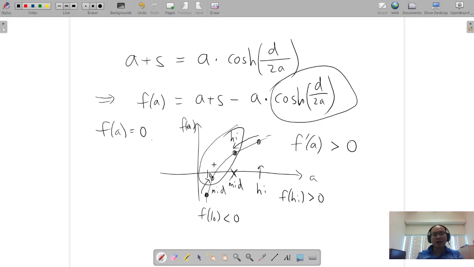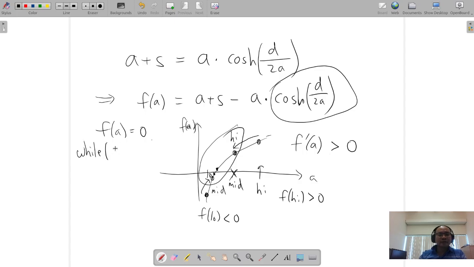And when do we stop? We stop when low and high are so close together that you can't tell them apart within, let's say, four decimal points, or whatever number of decimal places that you need. Then you can use either low or high because they're so close together, they're essentially the same. You know that the root is somewhere sandwiched between low and high, so just take the midpoint or whatever. Okay, so we'll write a binary search